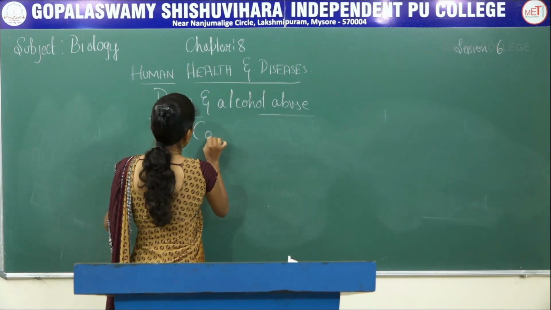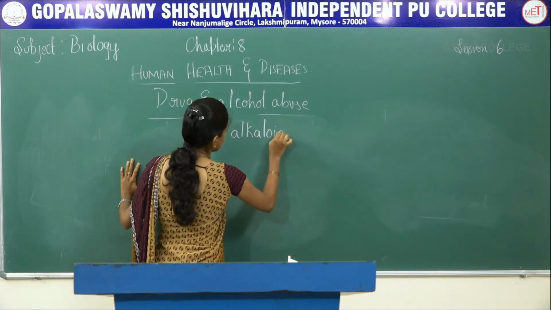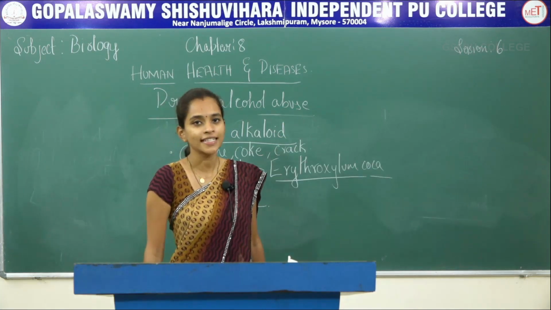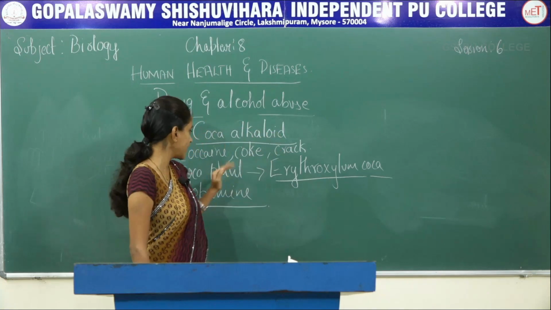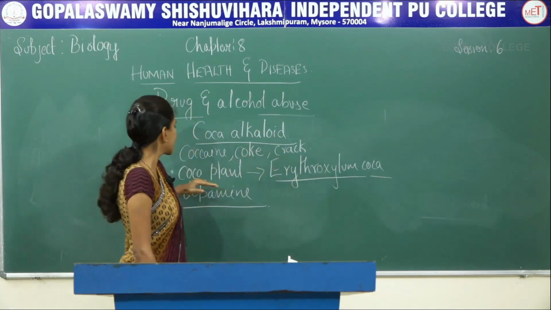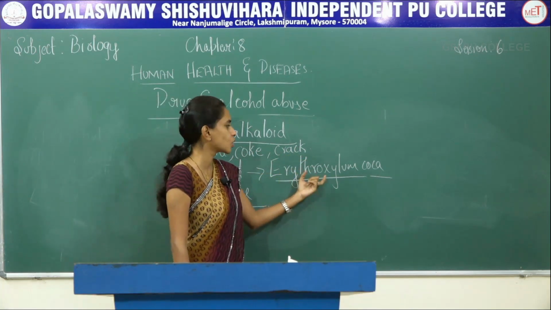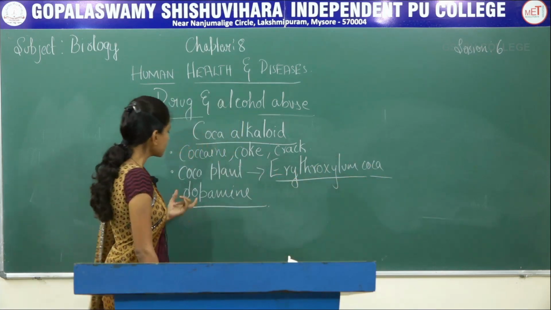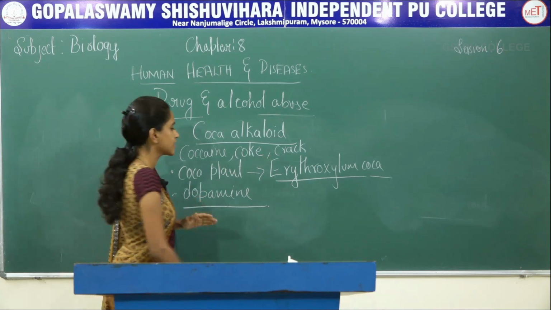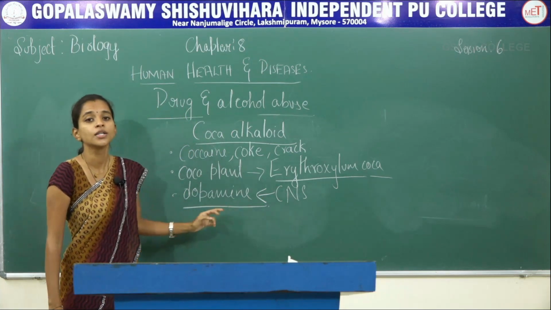Next is coca alkaloid. It is commonly called cocaine, coke as well as crack. It is extracted from the coca plant and the scientific name of that plant is Erythroxylum coca. It interrupts the functioning of the central nervous system, especially the functioning of a